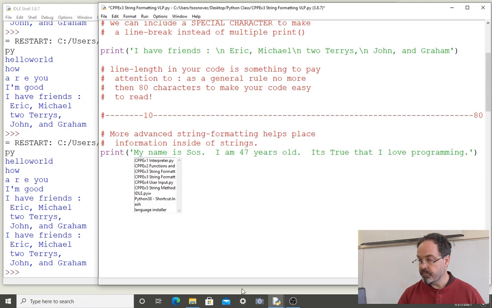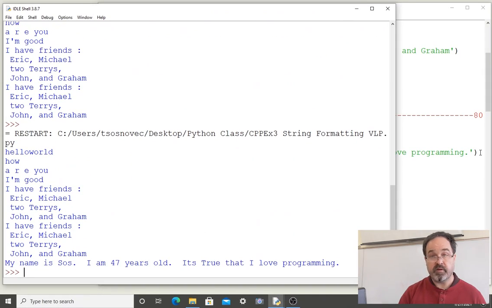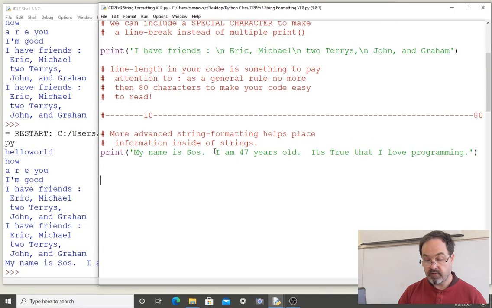This is a print line, and it does as we expect. It prints that sentence. I could write this line in a different way. I'm going to copy this,